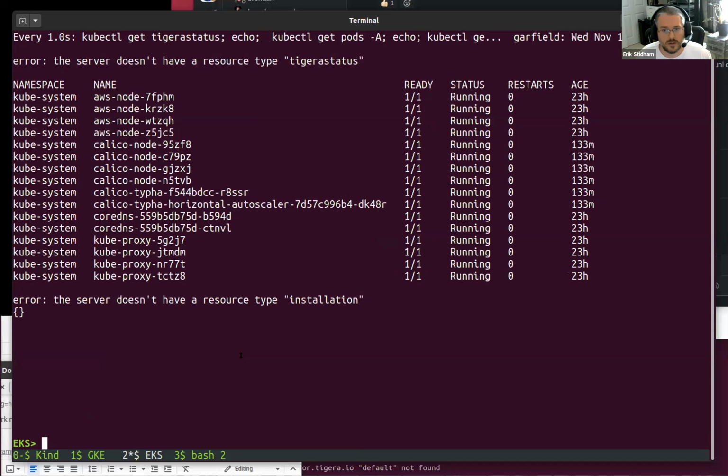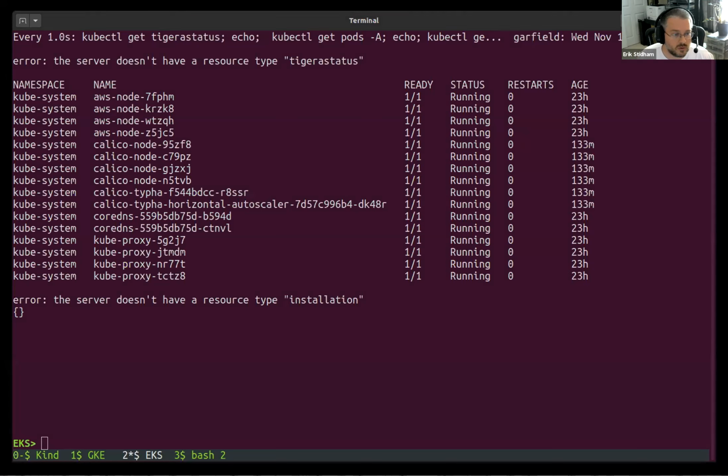Okay, so now I'm on to an EKS cluster, and the way this one was deployed, it was an EKS install with AWS node, and then I also did a Calico manifest install on top of that, configured to work with the AWS CNI plugin.